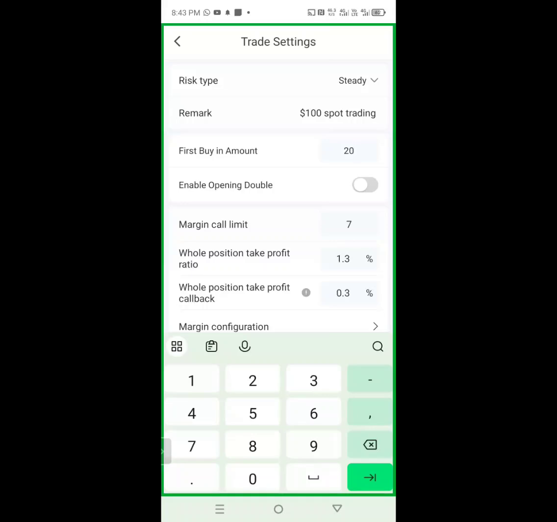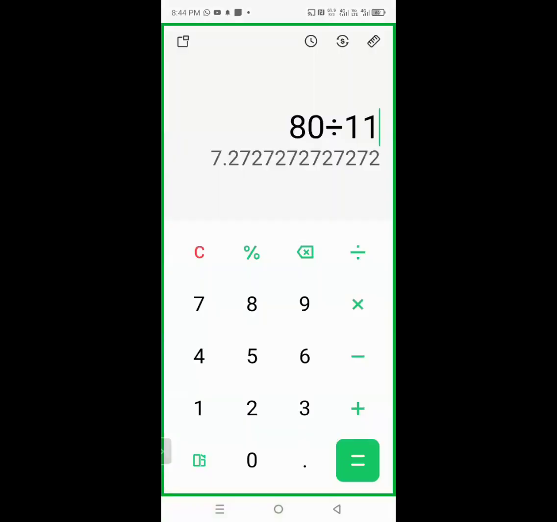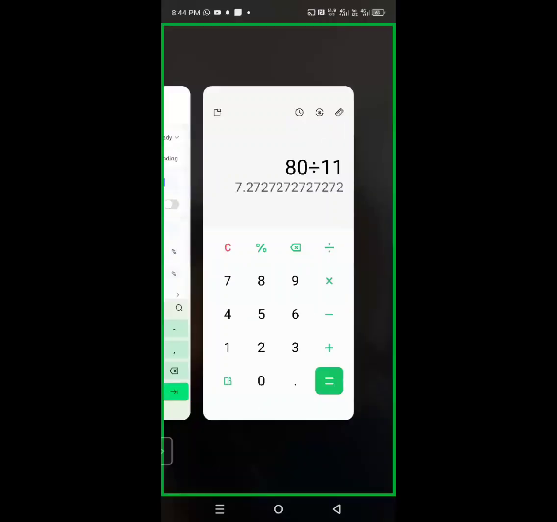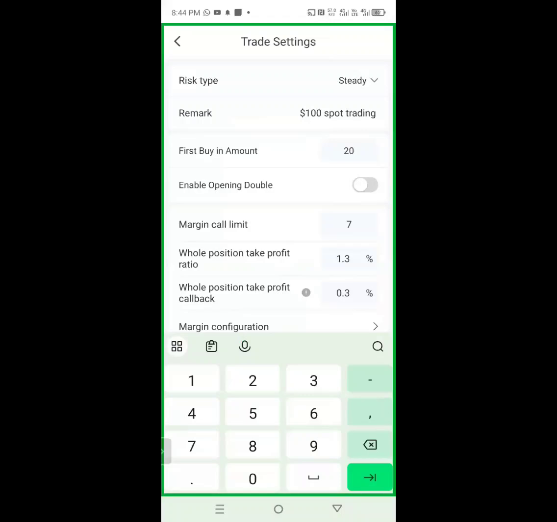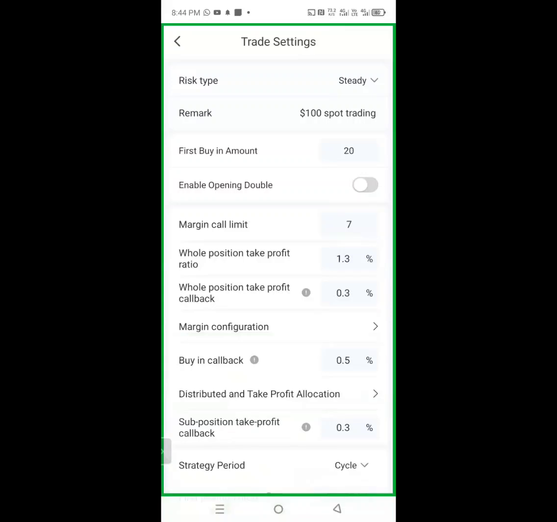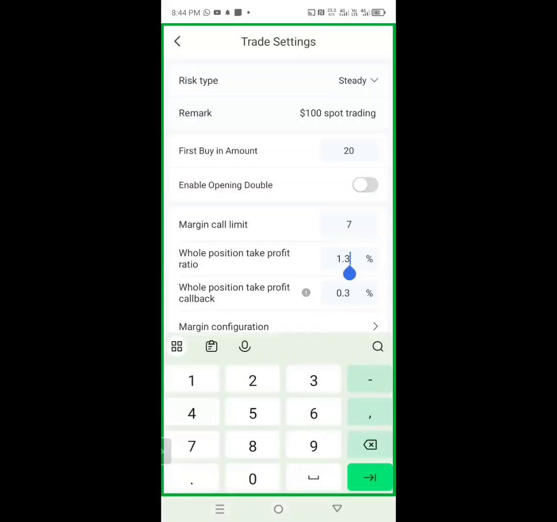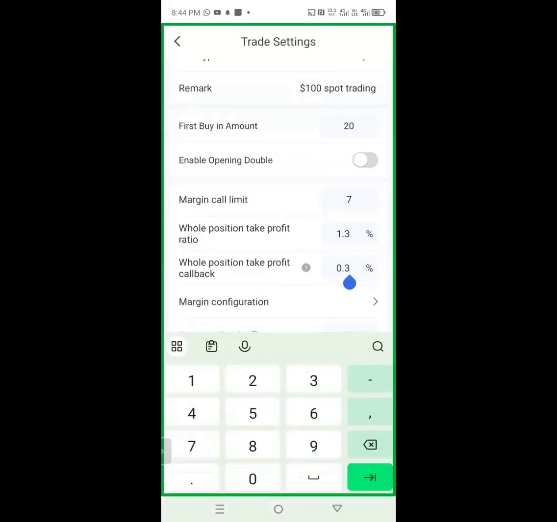Let's say 80 divided by 11 will give us how many? Let me open my calculator. 80 divided by 11 will give us 7. Okay, so we can go with this. So we'll make our first buy to be $20. We'll go with 7 margin calls. Then we'll take our 1.3 as our whole position, because of the lag,